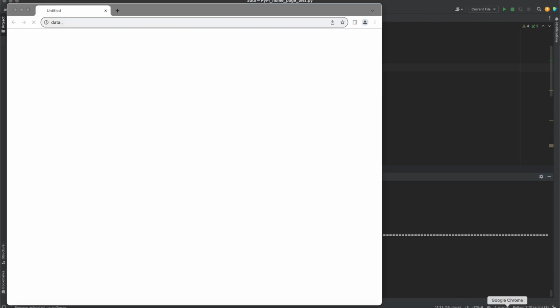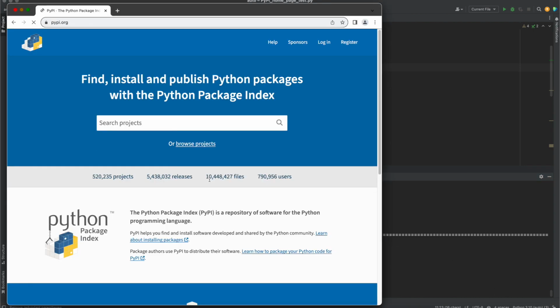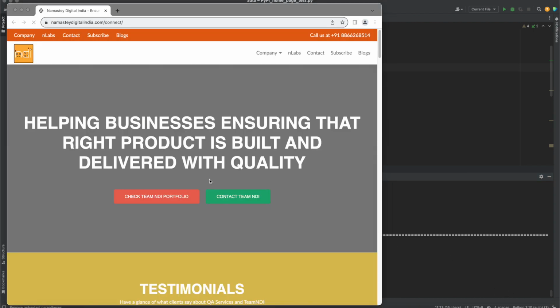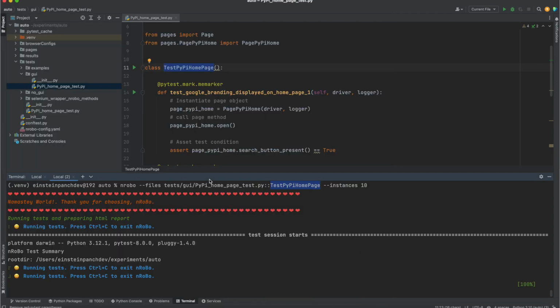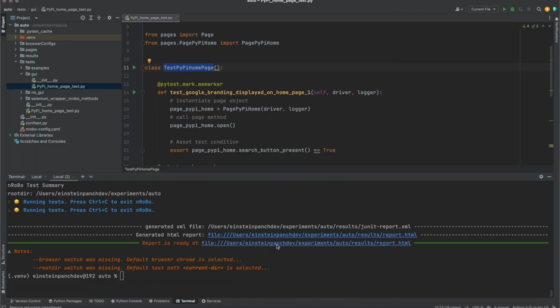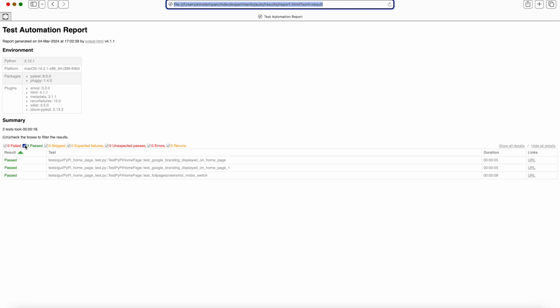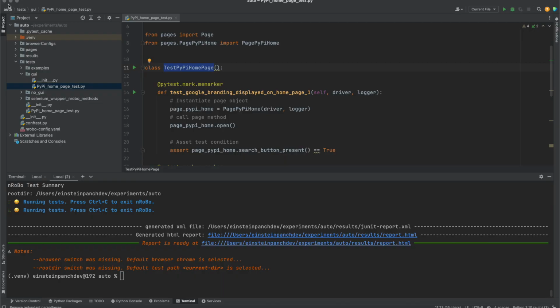So this time all the tests from TestPyHomepage will run, and here the tests are running. That's it. Let's open the report, and here we can see all 3 tests belong to the TestPyHomepage class. So that was about running tests from a single test class, and now let's see running tests from